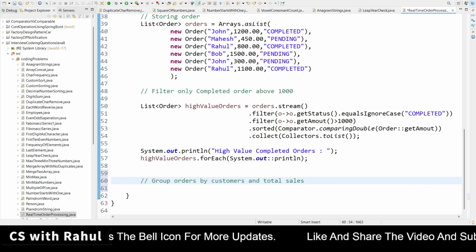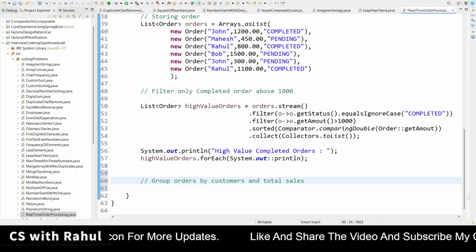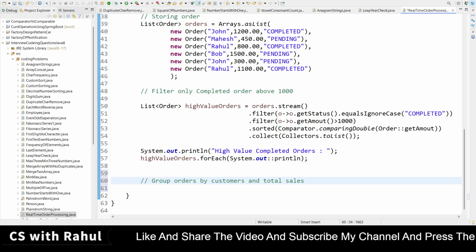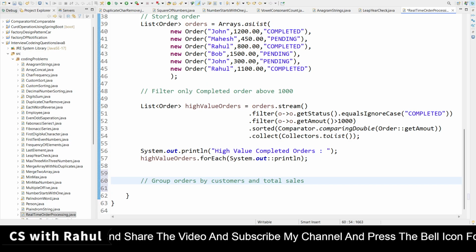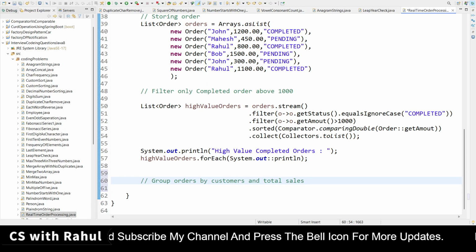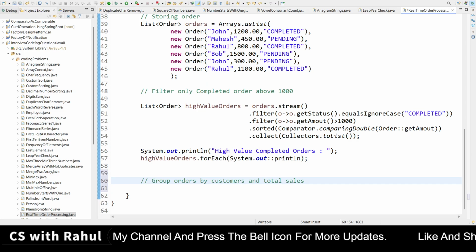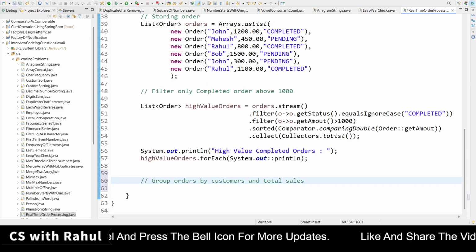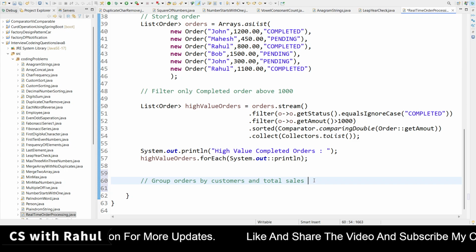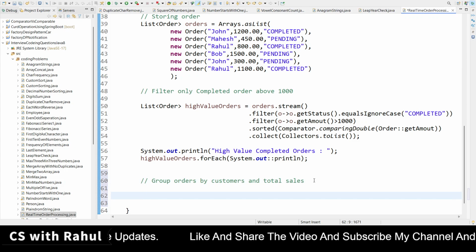Now this time we are not going to store our result in the list, because we are grouping it, right? So which customer has done which type of order we have completed, that we will do here, for the completed customer. So this time I am creating one map here.